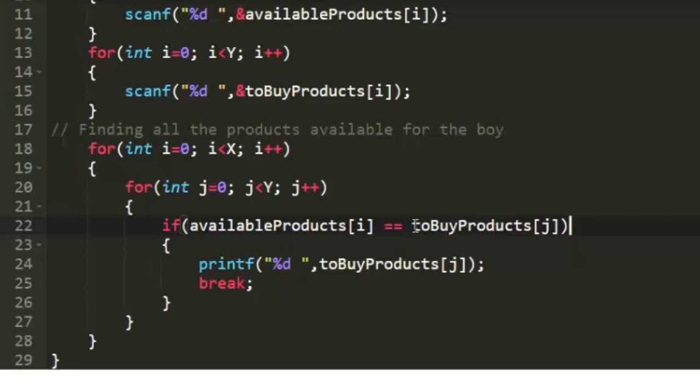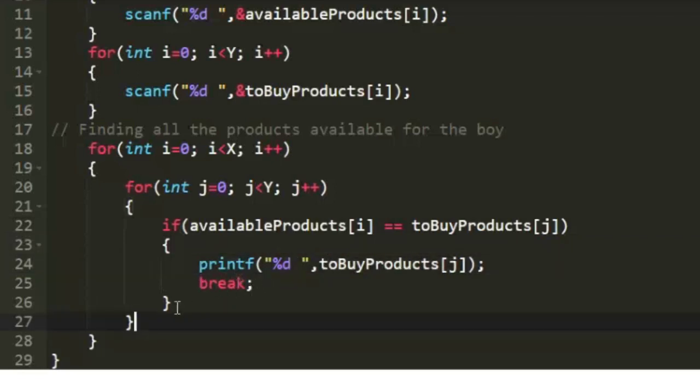So we are going to loop through every element that is present in the to buy products. Here the to buy products has j, and j varies in every instance of this for loop, and if the boy needs the particular product, this condition would be satisfied. In that case, as we discussed, we are just going to print the product number and break out of the loop.